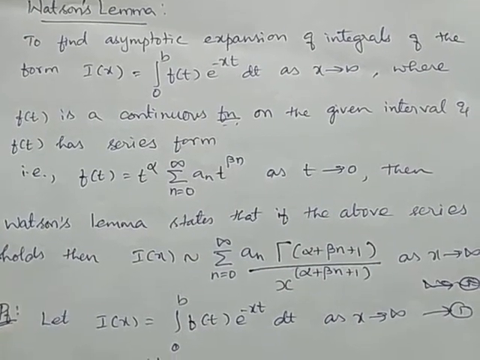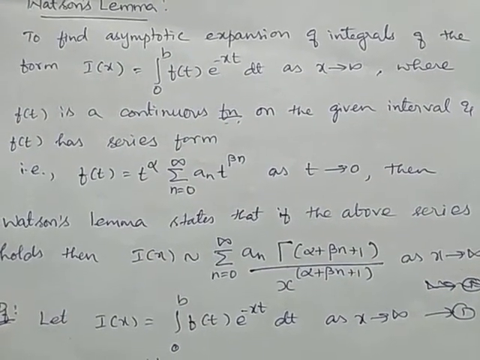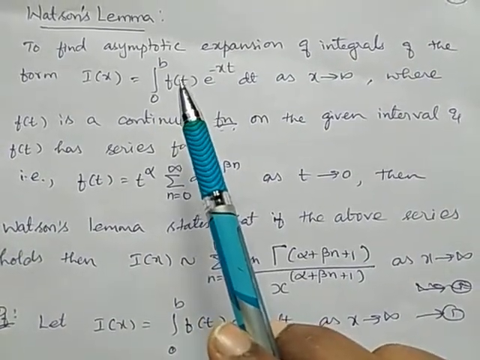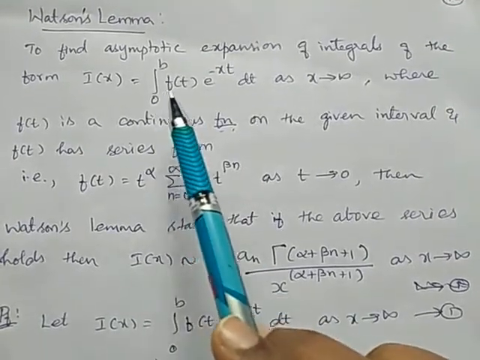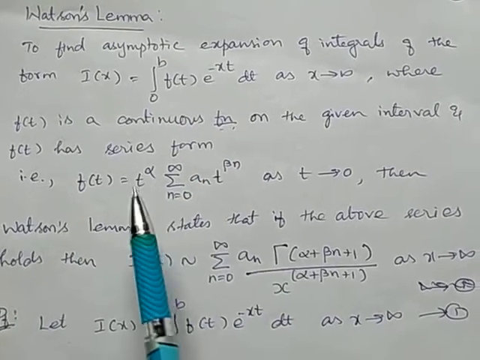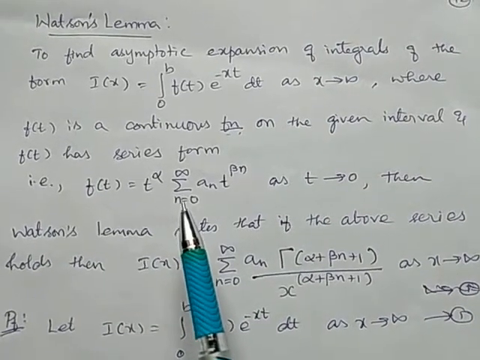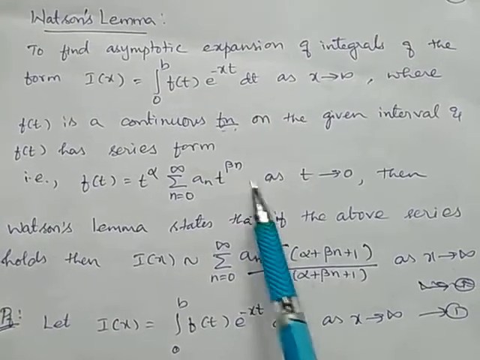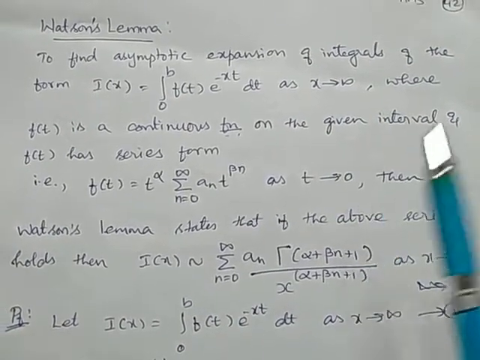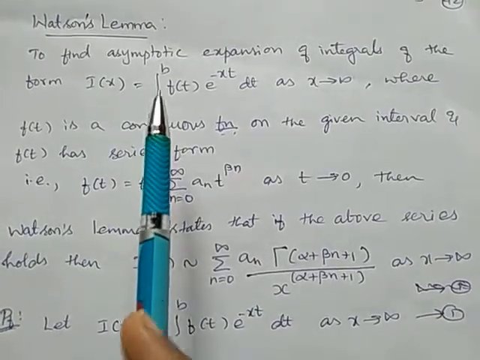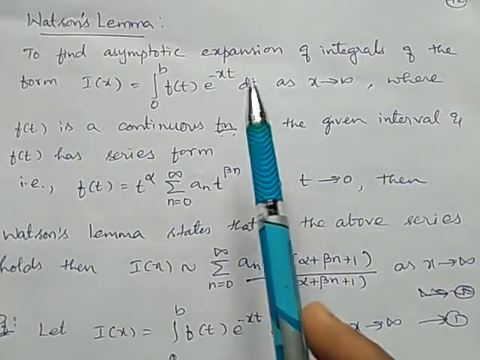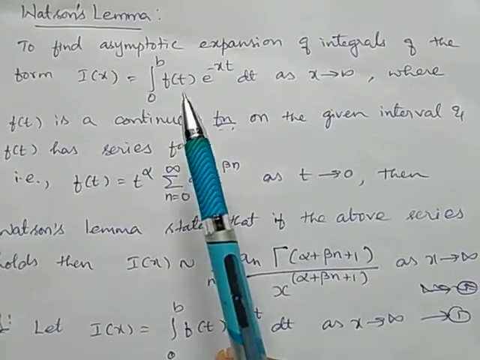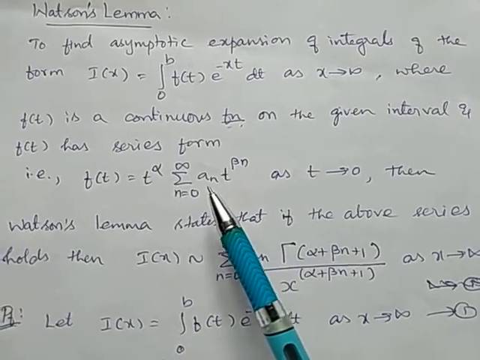And here also f of t is a continuous function, and f of t can be expanded using Taylor series expansion, or f of t can be written in series form as t power alpha summation of n equal to 0 to infinity a n t power beta n as t tends to 0. If we are having the integral of the form 0 to b f of t e power minus xt, and f of t is a continuous function and can be expressed as a series form, then